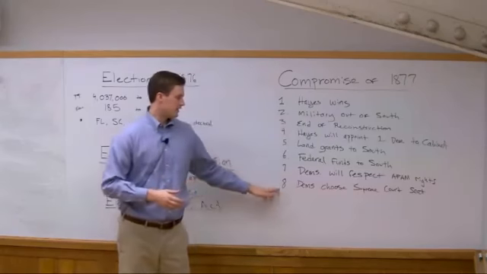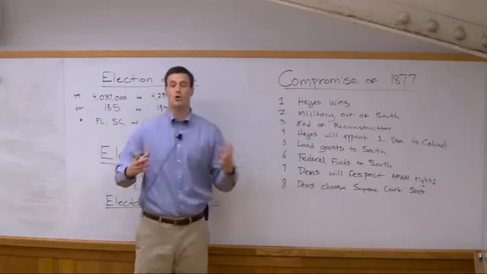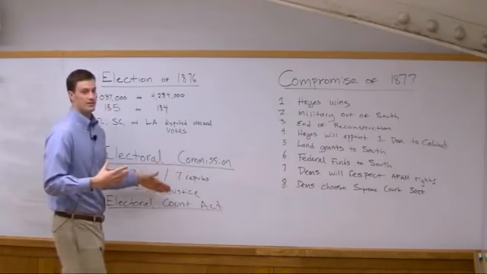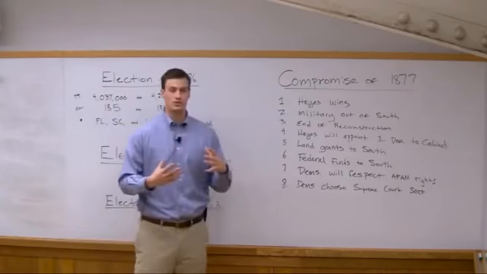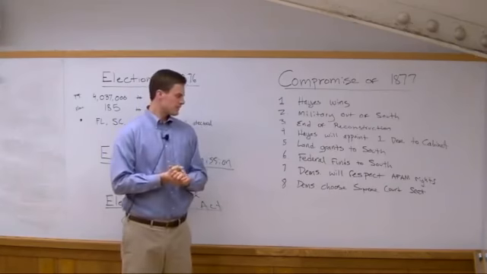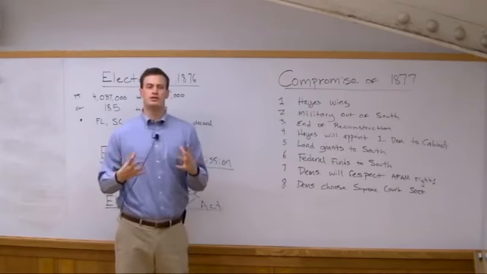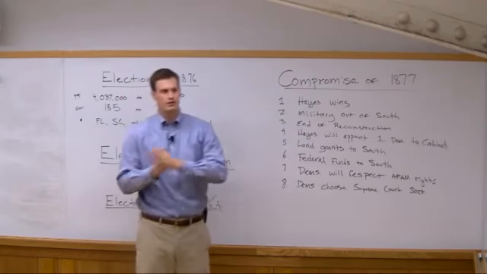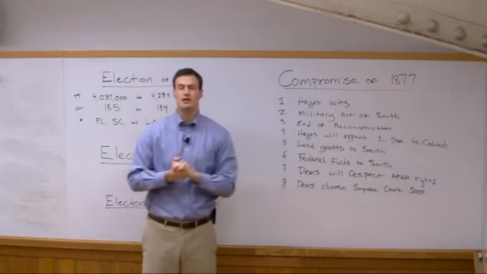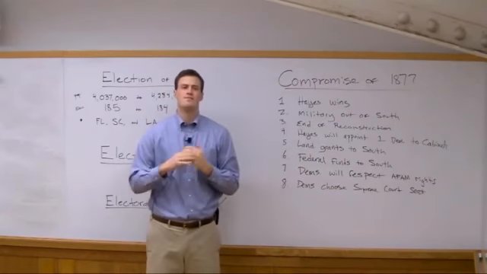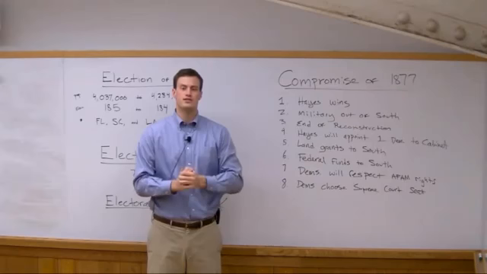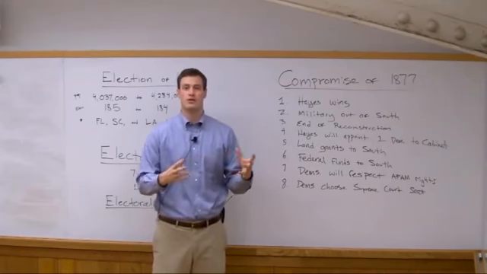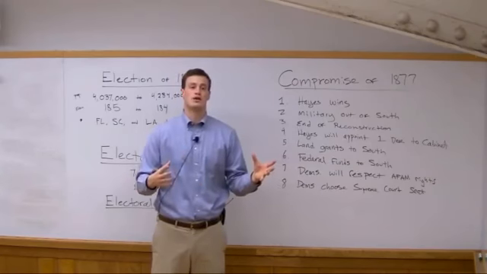And then lastly, the Democrats get to choose the open Supreme Court seat vacated by David Davis from the Electoral Commission. And this has major implications, because when the Democrats put someone in power, as far after this, obviously this is 1877, as 1896, there's a major Supreme Court case called Plessy versus Ferguson. And in Plessy versus Ferguson, the vote goes in favor of what you guys know as the Jim Crow laws,